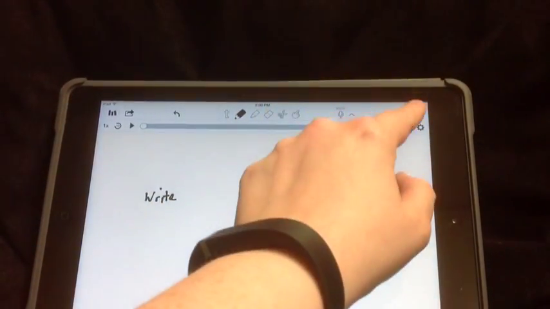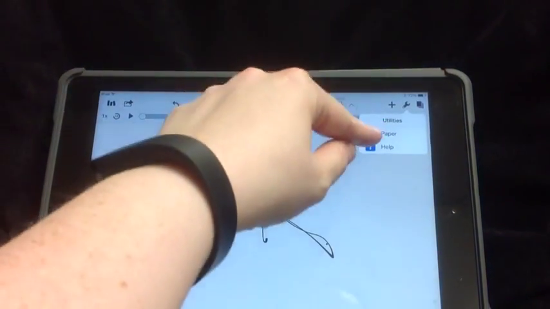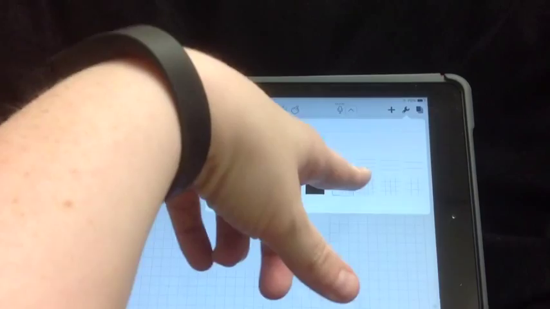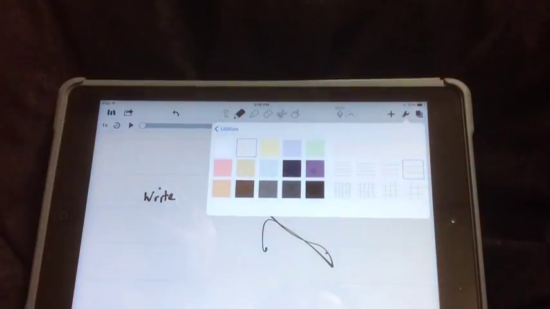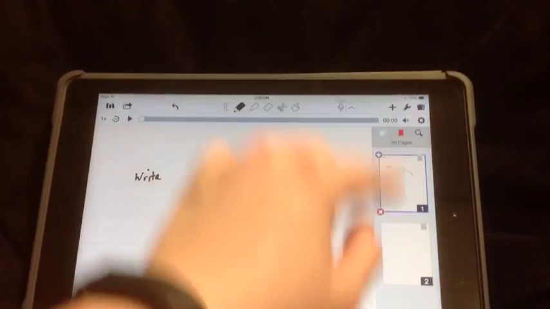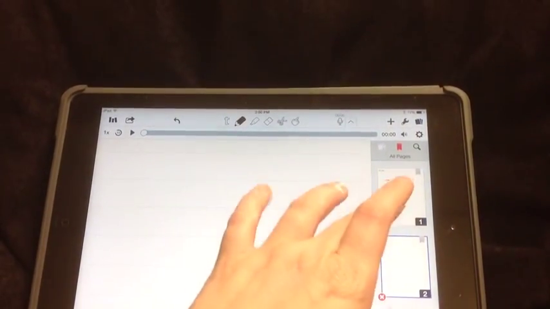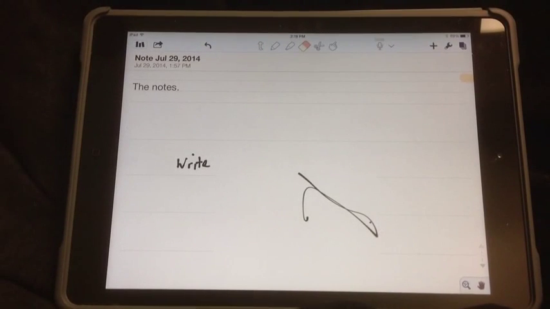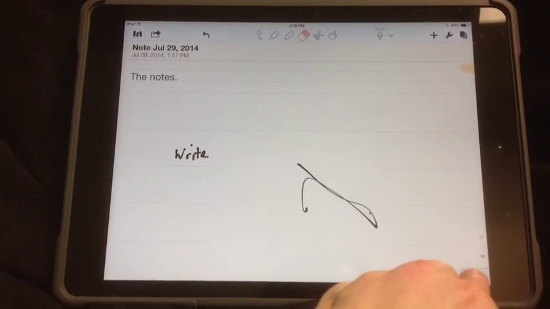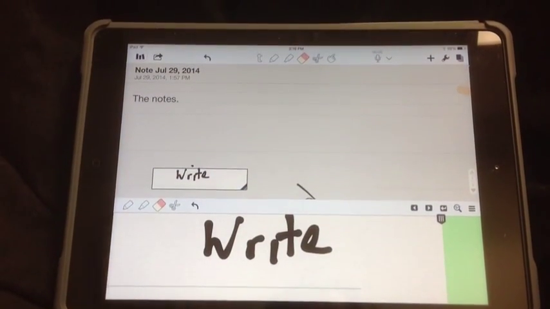Okay? I can look at the settings. I can change the type of paper that I have. So you can have graph paper, you can have lined paper, whichever you'd like. And you can also look at multiple pages if you have multiple pages that it's written on. You can also zoom in on what you're doing by clicking the little button at the bottom,